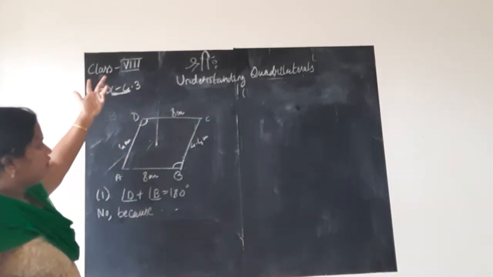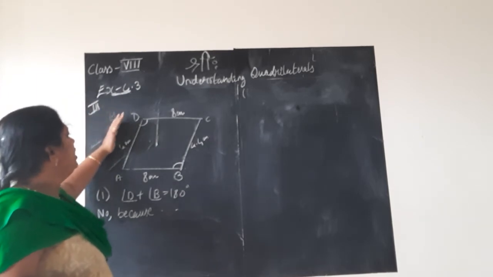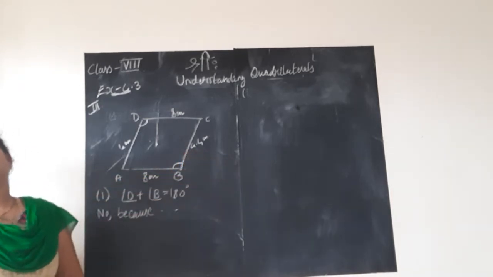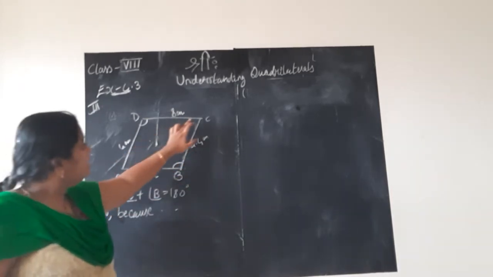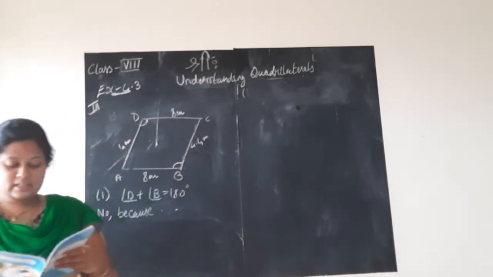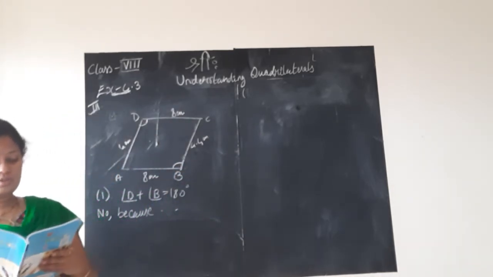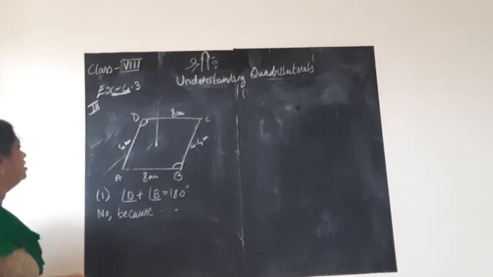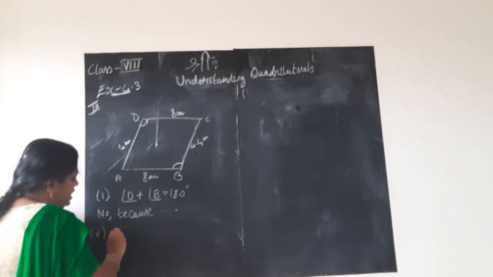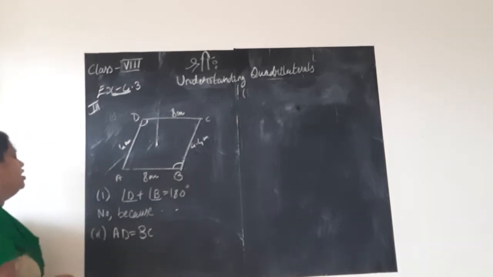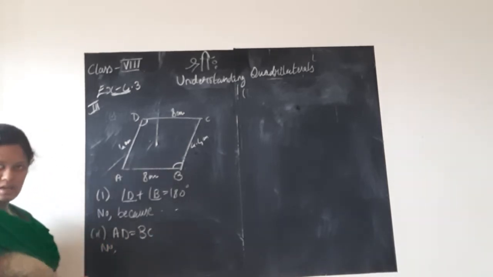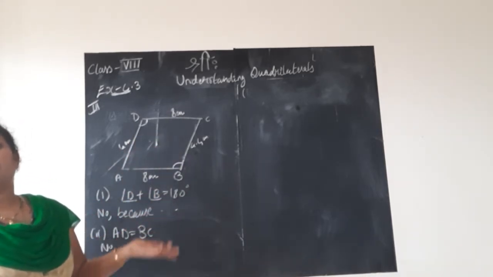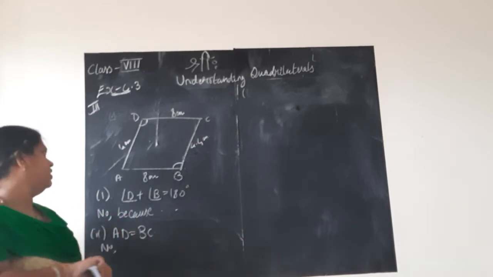Opposite sides of a parallelogram are parallel, but it need not be equal. So just because of that we cannot say it is a parallelogram. And if you look at the other 2 sides, they have given different measurements, but based on that also we cannot say that it is a parallelogram. Why? Because the opposite angles also should be equal. So for the second one, they have given AD is equal to BC. So again your answer is no, because AD and BC, though they are opposite sides, may be of different length. You will write one sentence.